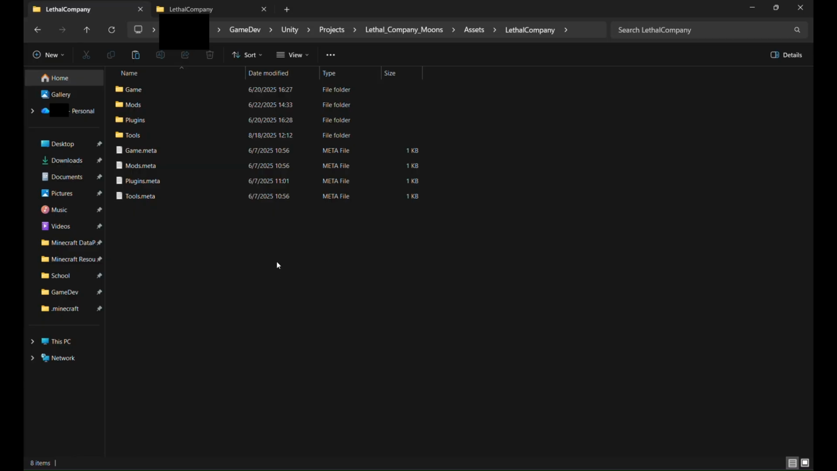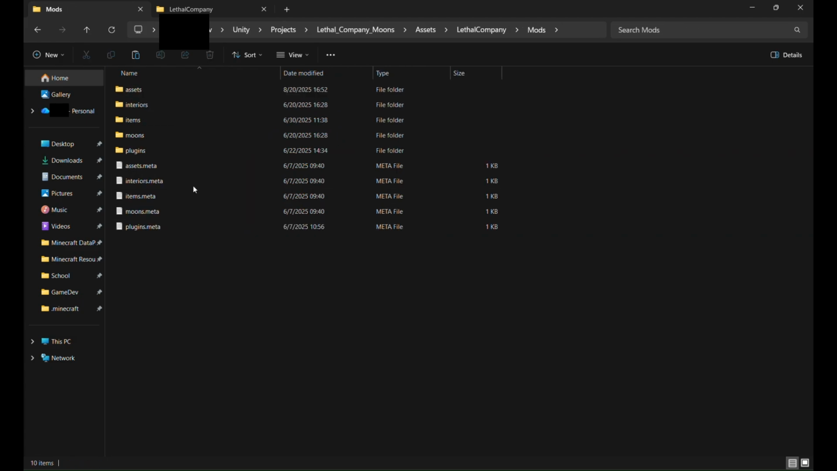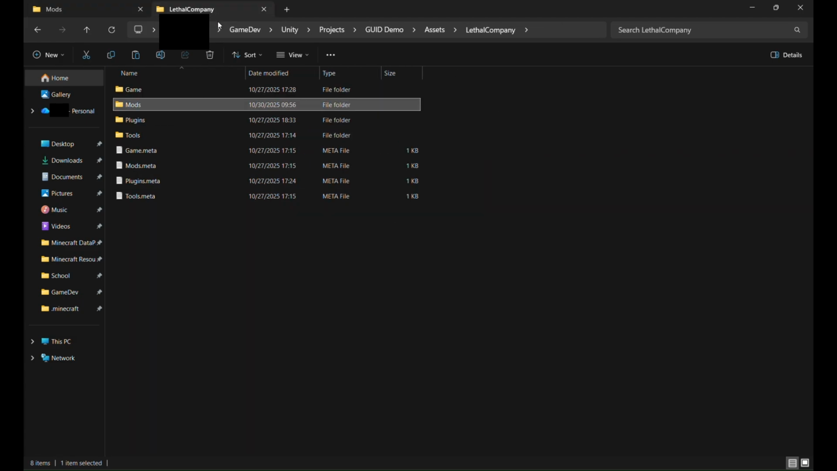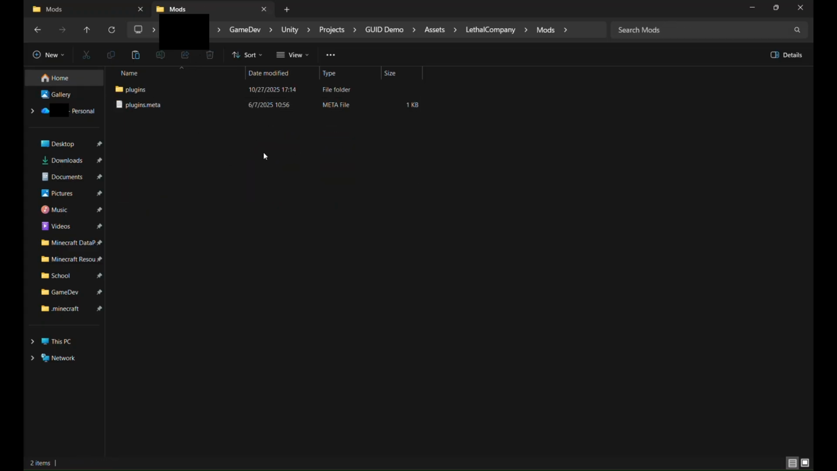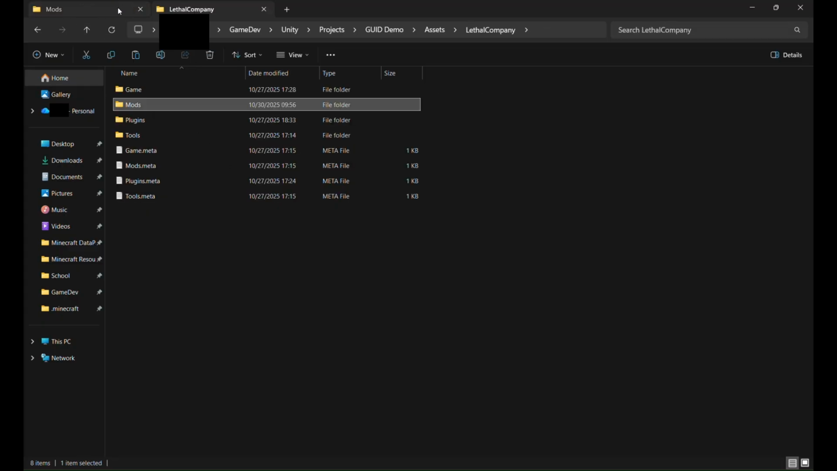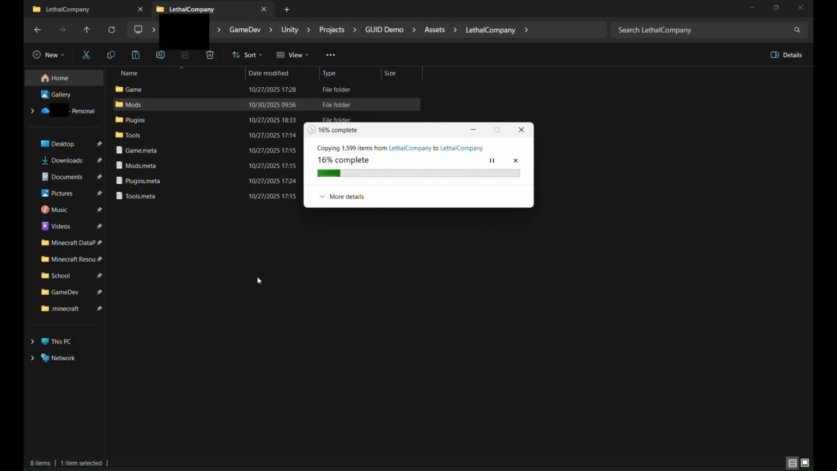So here I've opened up the files of my old original project, and you can see everything is present, but over in the new project, it's not. So if I attempt to copy the mods folder over from the old project into the new project, once it moves everything over,